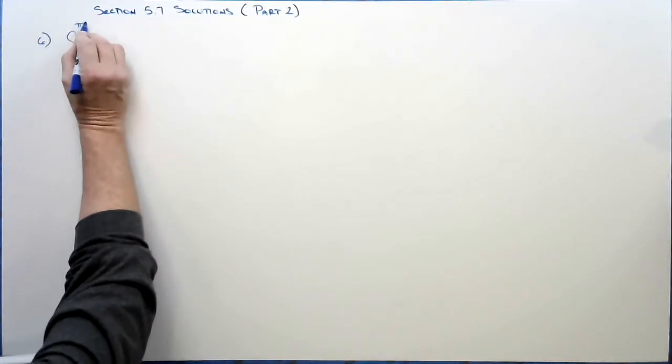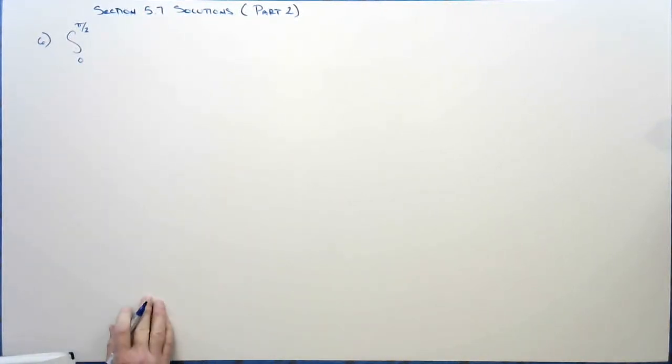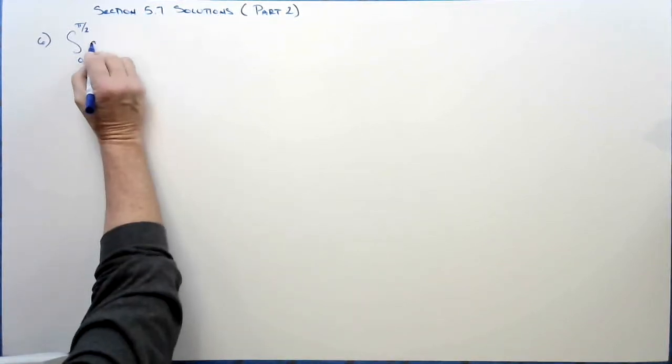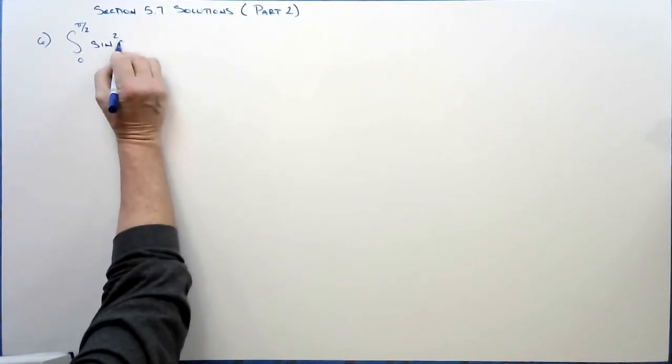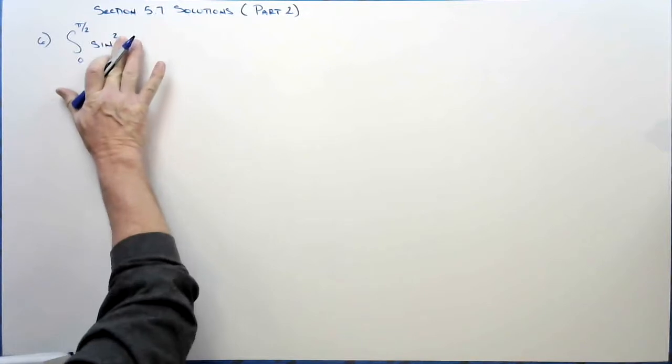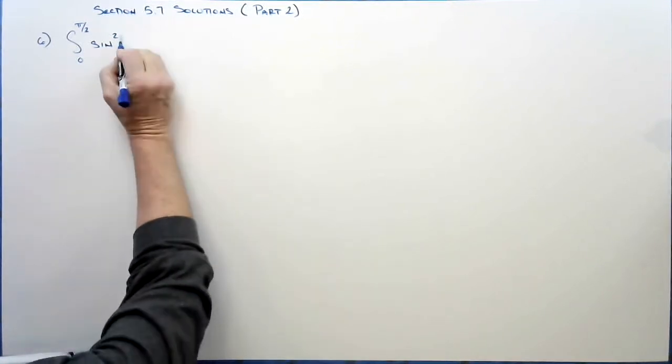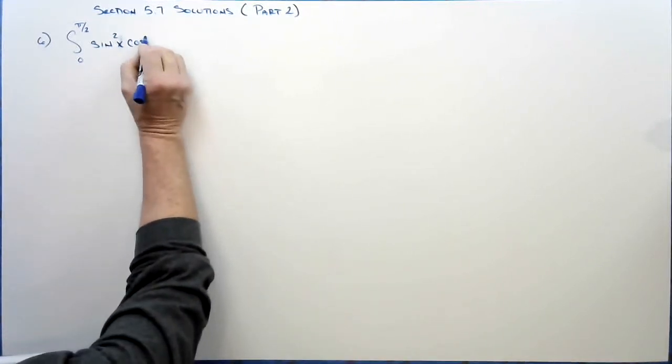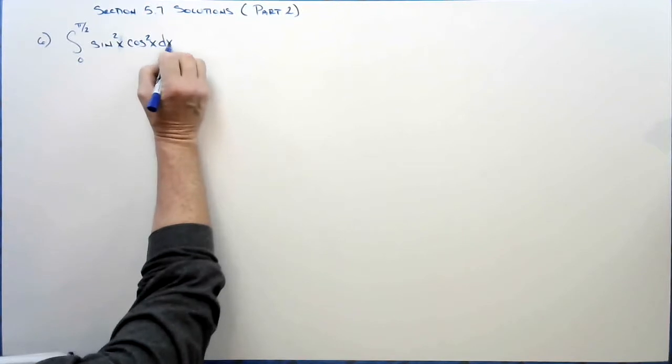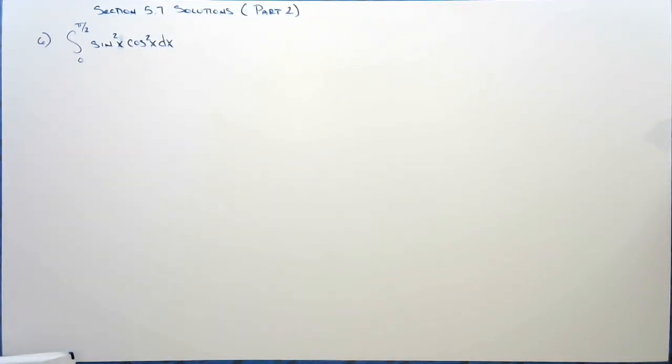It's the integral from 0 to pi over 2, and here we have sine squared x, cosine squared x dx. So this is an example of a trig integral where we have even powers of sine and cosine. And we said when we have even powers of sine and cosine, and we have a trig integral,